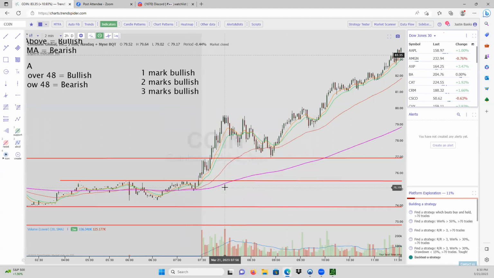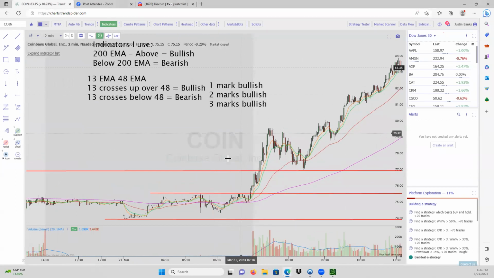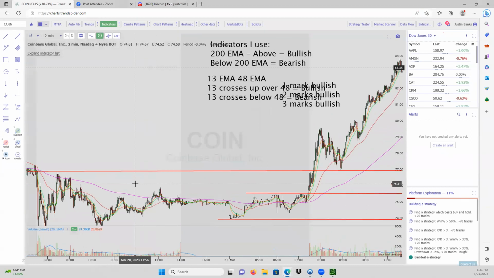So we had above the 200 EMA, 13 crossed the 48 up. Perfect, we have 2 marks. And now we're above this major resistance, pre-market high right here, right? Perfect. So now we have 3 marks going for us. That is a bullish thesis. Now, the thing I would wait for on this trade, especially on COIN today, if you traded COIN today,